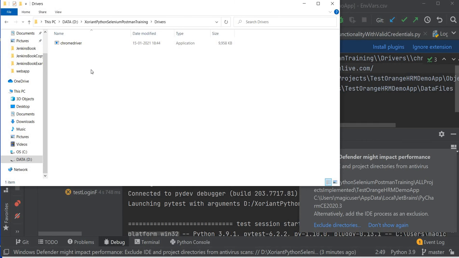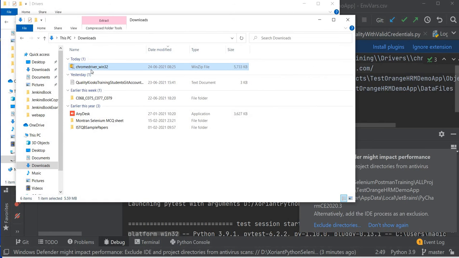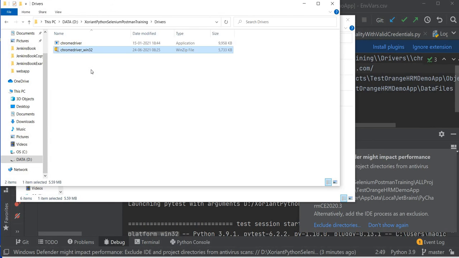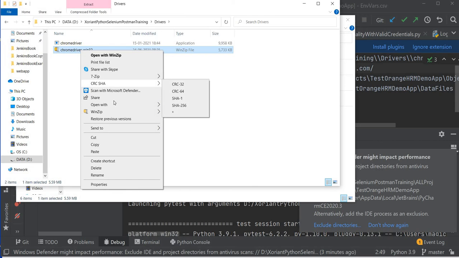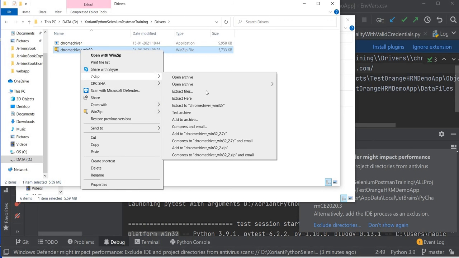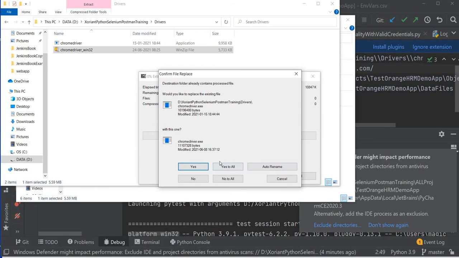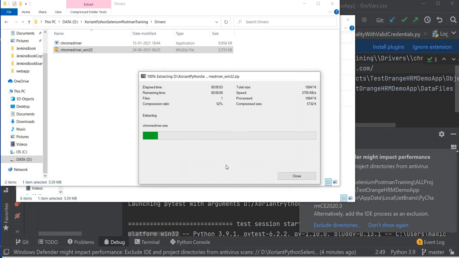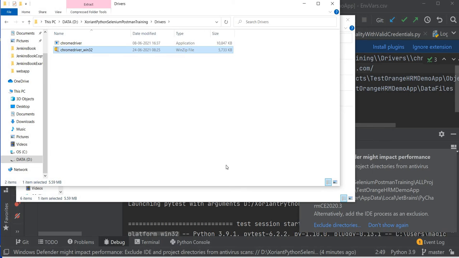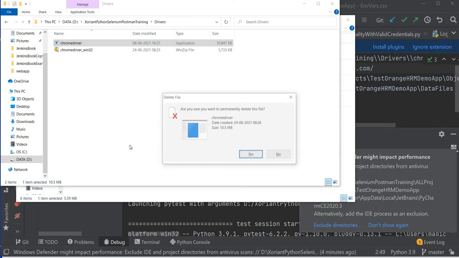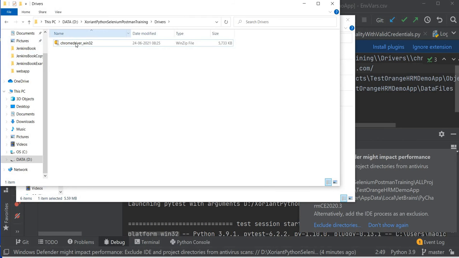So I'm going to unzip that. Unzip this driver win32 here. So extract here. Correct, now we have got it. So let me delete this and let me unzip it again.